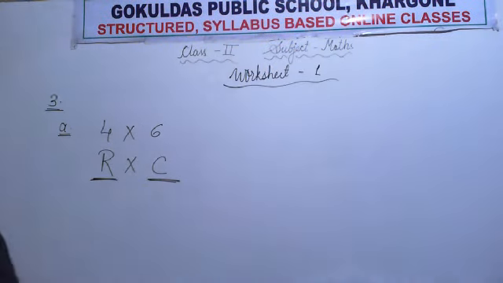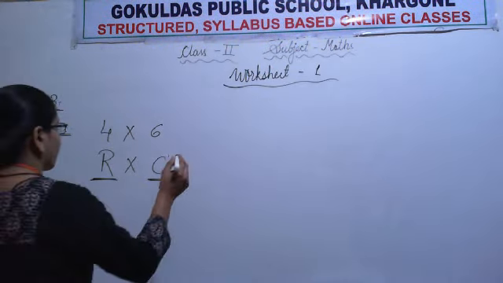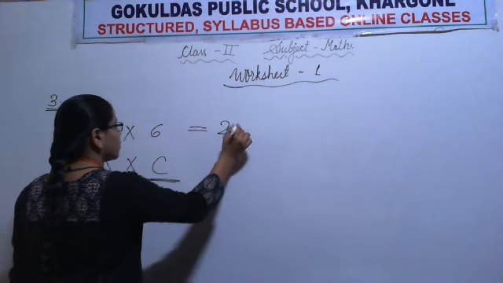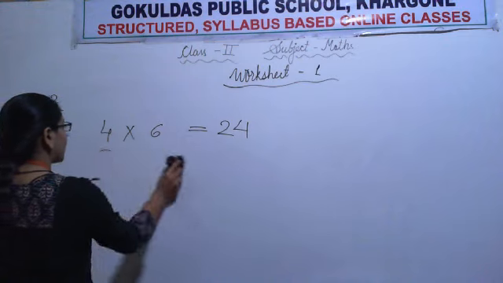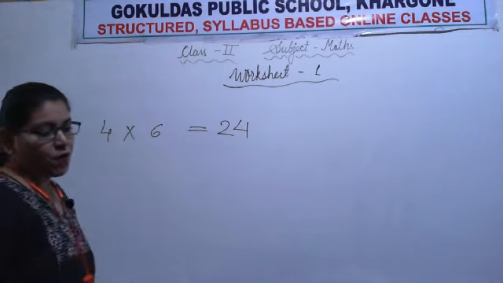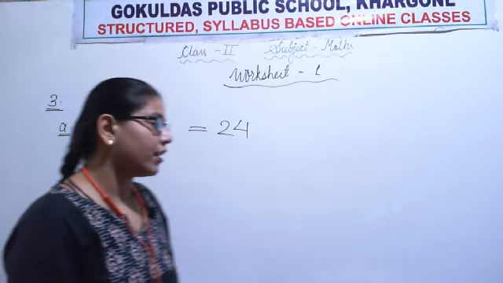Now into 6 is there. So the next number we are going to check in the column. So here is number 6. So let's make a line. Now this number 24 is the intersection point of both the lines. So it means 24 is our answer. So 4 into 6 is equal to 24. Row into column. Just remember one thing, row into column.